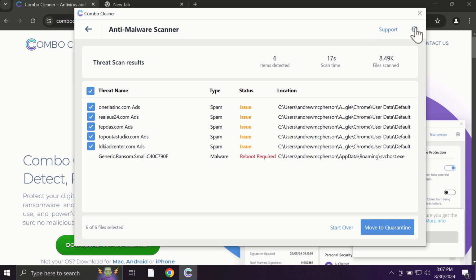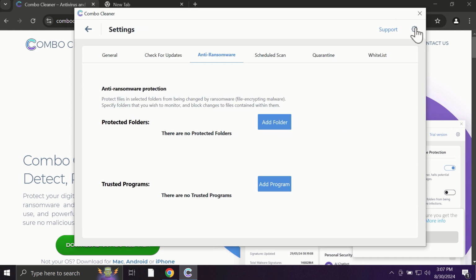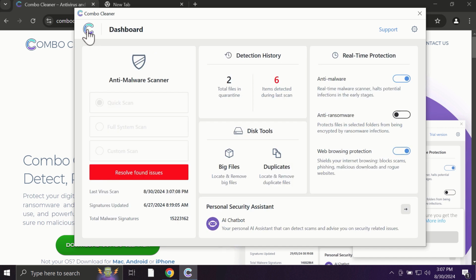With the premium license, for instance, there is an excellent anti-ransomware feature which helps to always keep your data protected. You can add certain folders on your system, and the contents of these folders will always be under protection against ransomware attacks. And Combo Cleaner works extremely and exceptionally well when it comes to identifying contemporary threats like adware,